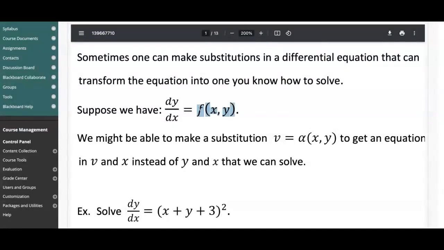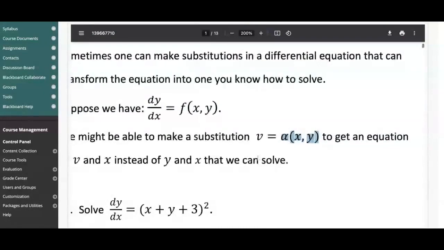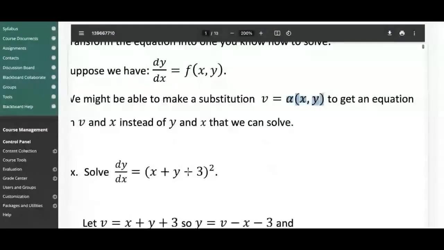You see this function? It's a function with two variables, and we call it a vector valued function. So let such a variable v equal alpha of x, y